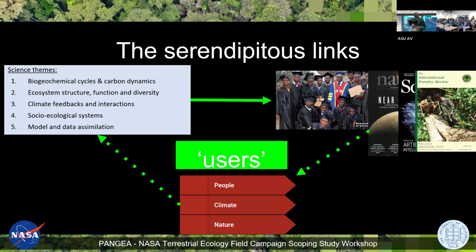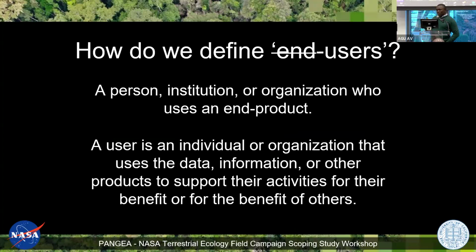And our view, drawing on what we heard since yesterday, but also this morning, is that it all boils down to the users, to those who can affect change on humans, on nature, and on climate. And so that's really the big question: how do we make sure that those users have access to this information, can influence it, and not just have access, but influence the way we do research?